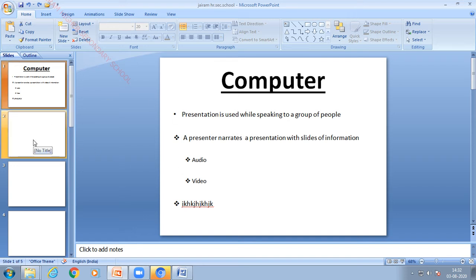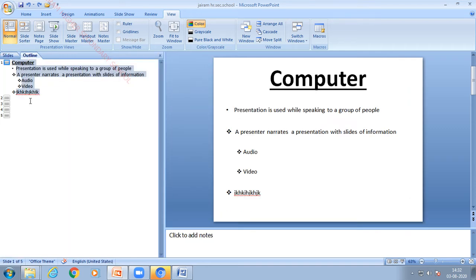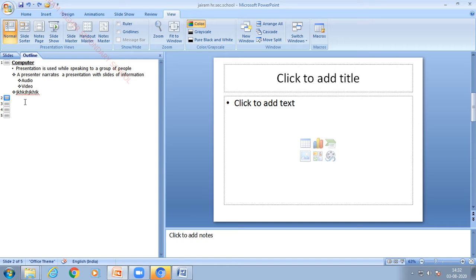Let us see different kinds of views. To see the many views, you have to choose the view option. So here we have different types of views. Normal view. Usually we use normal view for typing our presentation. Sometimes if you need any other view, you can change it. For example, now I am going to change to outline view. To change to outline mode, you have to choose this outline option. After selecting the outline option, you will get a screen like this in this left pane. So here I am going to type some text.